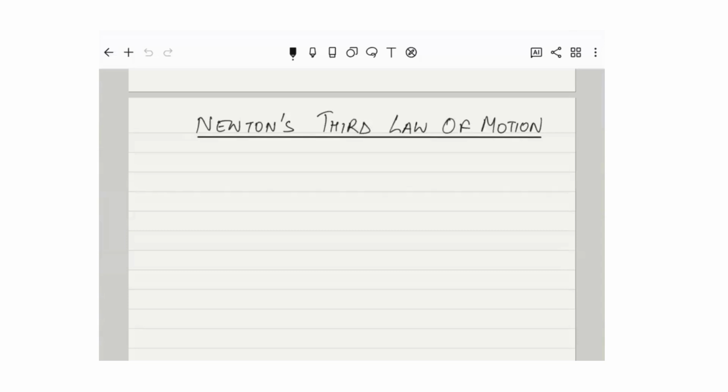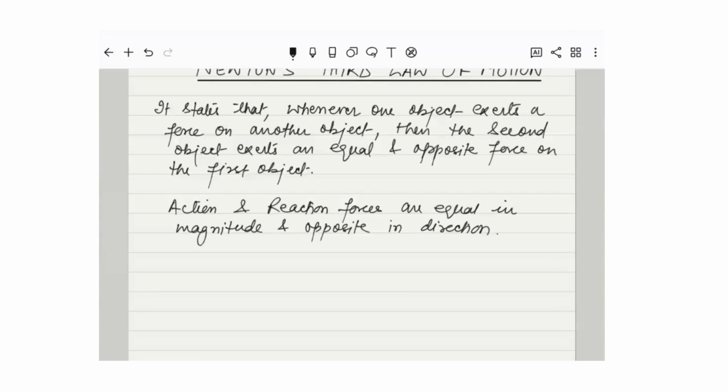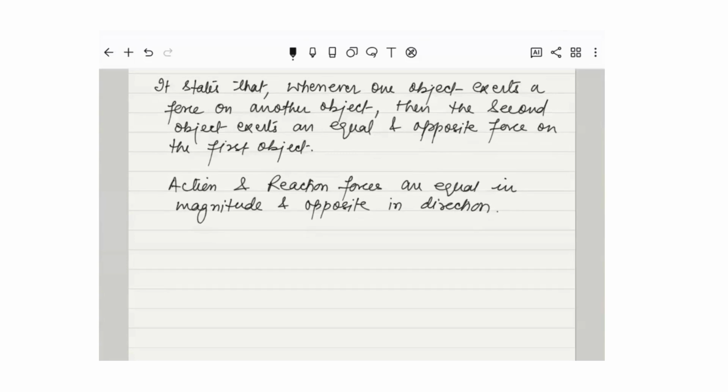So write down. Okay. So these action and reaction forces are equal in magnitude and opposite in direction. Right? So this law says that when there are two objects, and one object is exerting a force on the second object, then the second object also exerts the same force on the first object, which is equal in magnitude but in opposite direction, right? So if we understand this with the help of a figure,